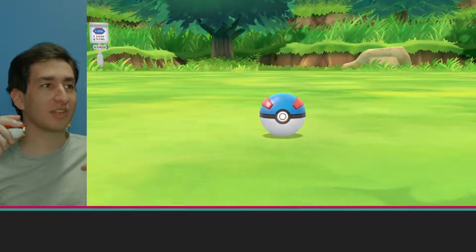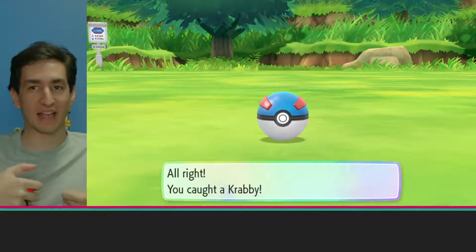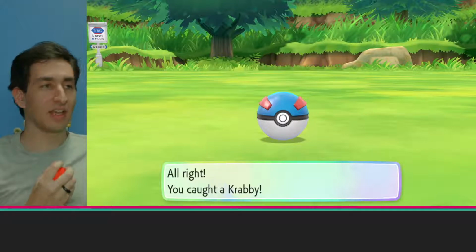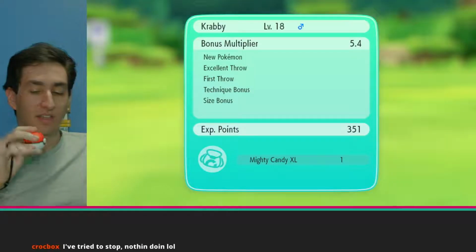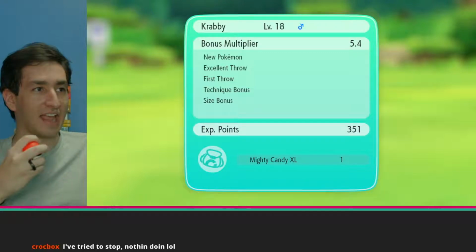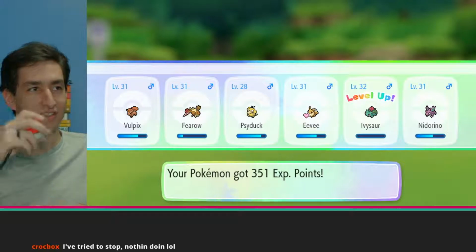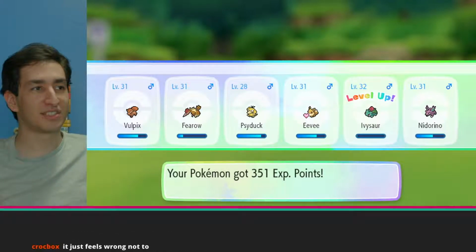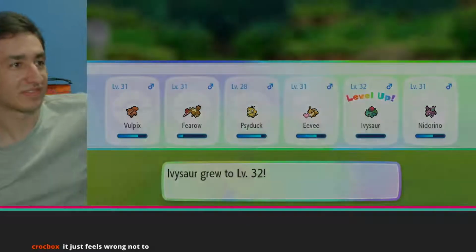What actually helps, what fills that satisfaction of holding down the button, is the HD Rumble. The HD Rumble in the Joy-Con and the Pokeball shaking every time the Pokeball shakes satisfies that hold-down feeling for me. Because the whole reason I would hold down the button,